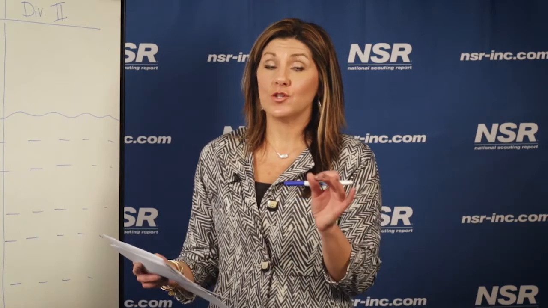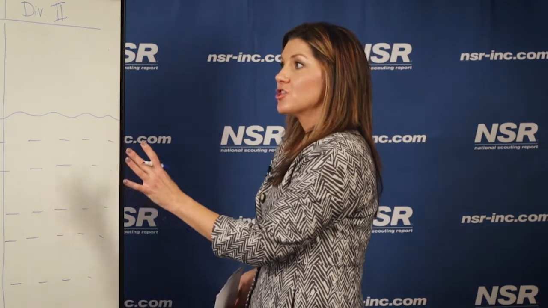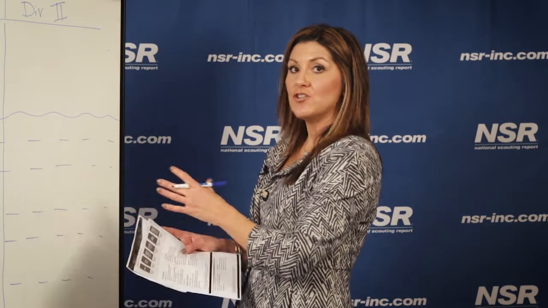Okay, so now let's talk about the difference in Division I and Division II. Examples of Division I schools are going to be those Power 5 schools, even a Troy or a UAB. Those are the Division I programs. There are different NCAA initial eligibility requirements for Division I versus Division II. Some are the same, some are different. I've got a board here that's going to show you exactly what the difference is between the two divisions.